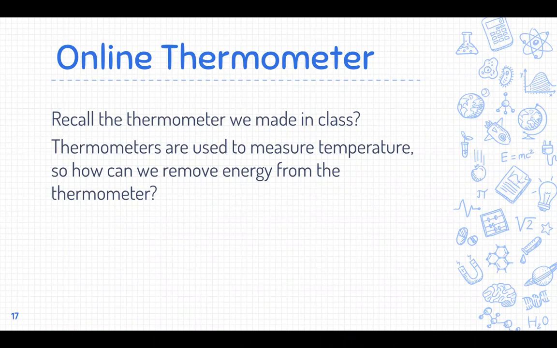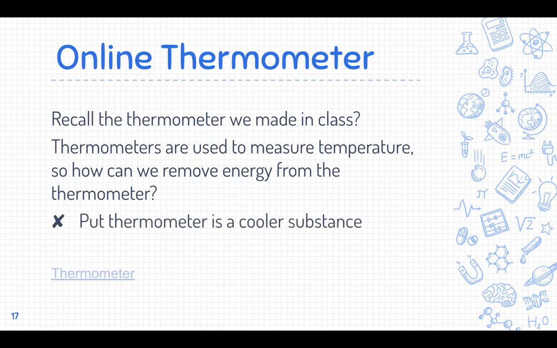Well, one way we can do it is by moving it into a colder substance. So if I have a thermometer in our classroom here, let's say it's 70 degrees in here, and I take it outside where it is a lot less than 70, it is transferring its energy into the environment around it. So it's warming up those particles that collide with it, slowly cooling the particles inside the thermometer till they're the same speed as the particles that are outside. And this is a very good example.